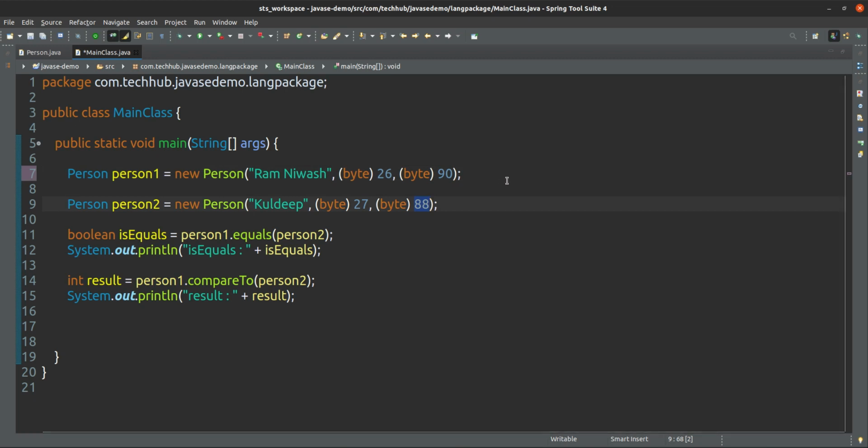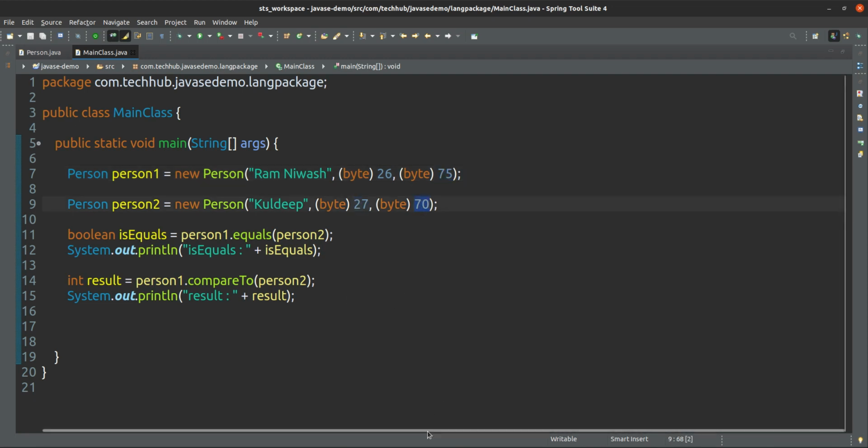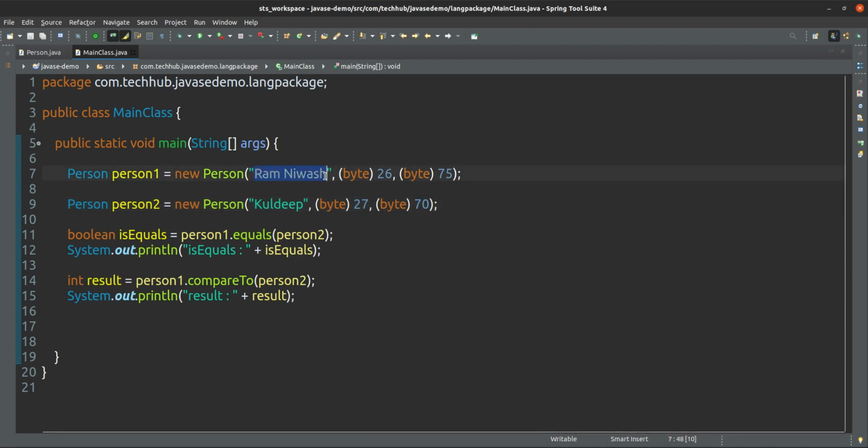So one person has a 26 year age and 75 centimeter height, and another person has a 27 year age and 70 centimeter height. The name of the first person is Ramnivas and the name of the second person is Kuldeep. Okay, so how do we want to compare these two?